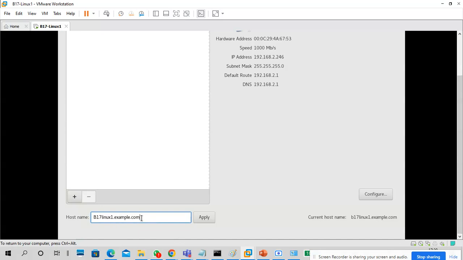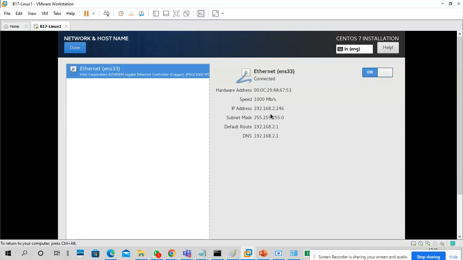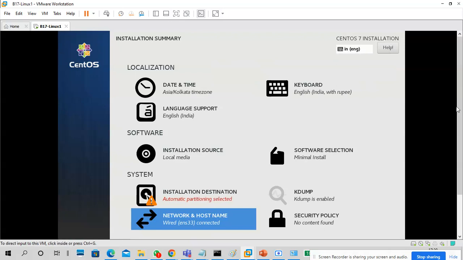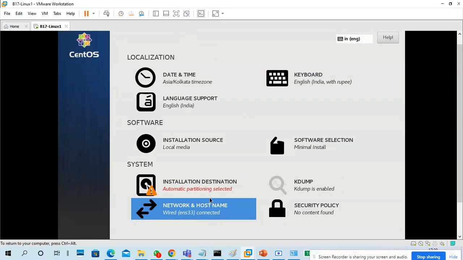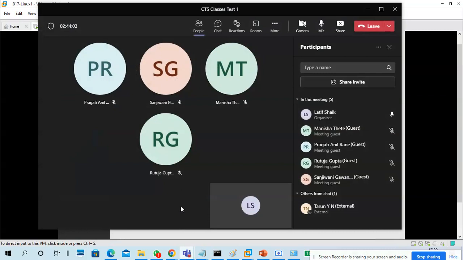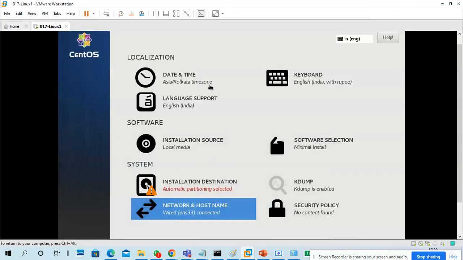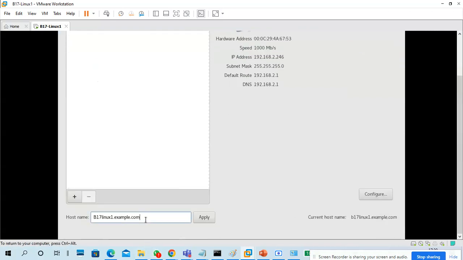Look at this, this is my host name. I gave a certain host name here. Then I connected the network. I got some IP address, sorry, 2.246. Make sure it is on. If you get a problem, then we can also try in a different way. Otherwise, use NAT. Once you have done network and host, guys, can you see my screen or not? Yes, sir. Okay. So network and host completed. I got the IP address, turned it on, and also gave the host name.